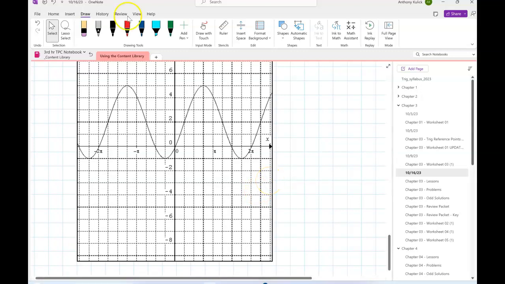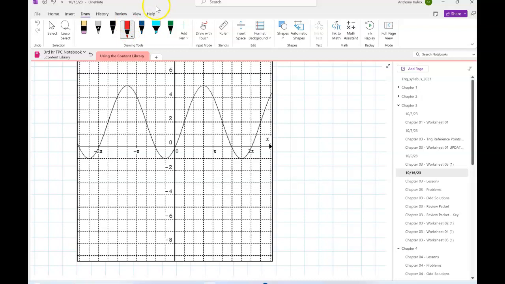So here's a graph. So again, when we're doing one of these, the first thing I want to do is to identify the